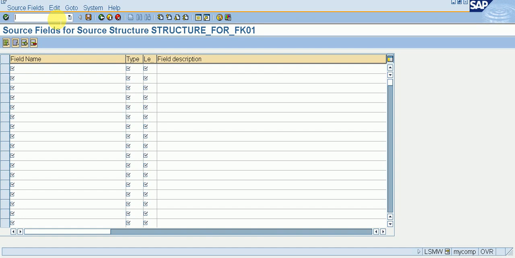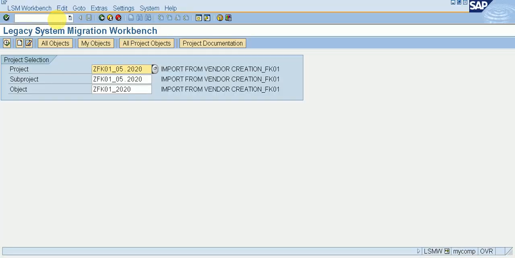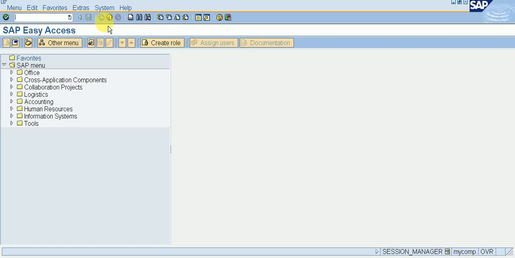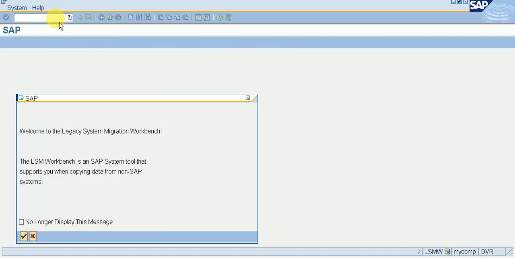Go again to the LSMW screen. So I am going by /o for a new page, LSMW. Enter, then enter, then back. Sorry, LSMW.